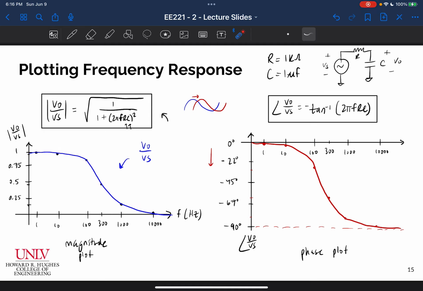And that's exactly why frequency response plots are important, because we don't have to draw all of these points one by one every single time. Instead, we can just obtain this function, and then any value of f that we're interested in, we can throw it in, and it'll tell us the magnitude at that frequency, or the phase at that frequency, right? So this is super important stuff, and we're going to get into an even easier way to draw these plots,